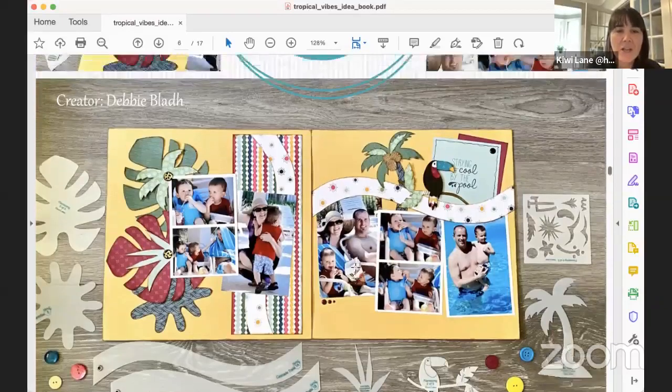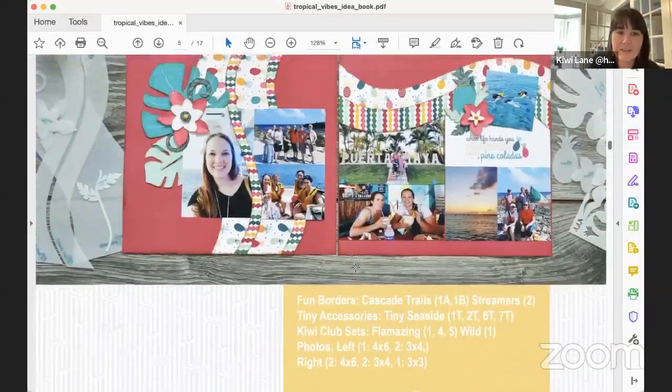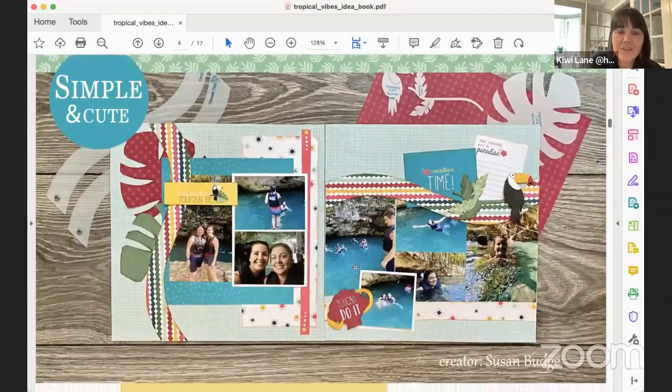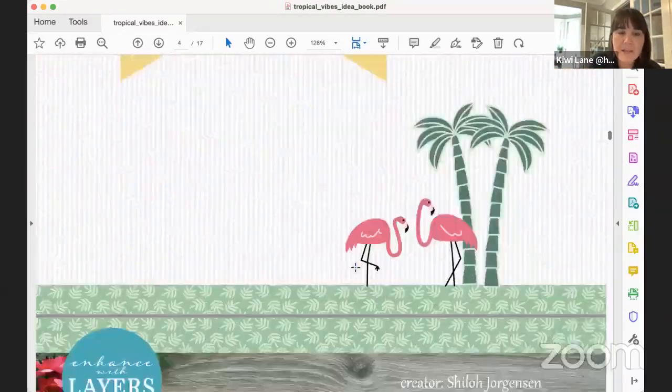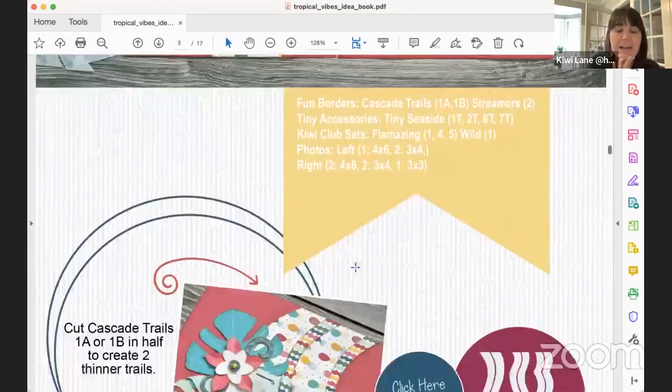So again, depending on the stylistics, which honestly just depends on mood, but kind of how it's broken up currently is you have simple and cute if you're looking towards more of that, but the designer templates allow you freedom to add layers. So very easily you can accomplish the combination of a variety of different sets and just easily add in a tiny accessory, which is really where Shiloh pulled in Tiny Seaside here, will naturally do a lot of that clustering and layer effect for you.